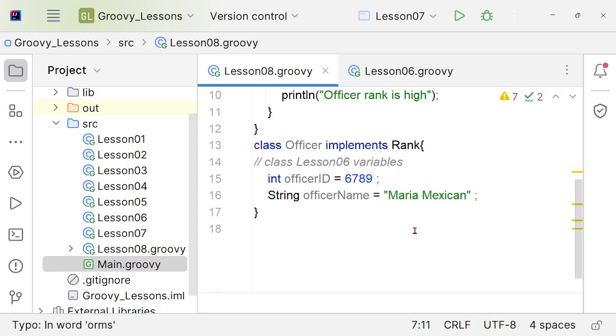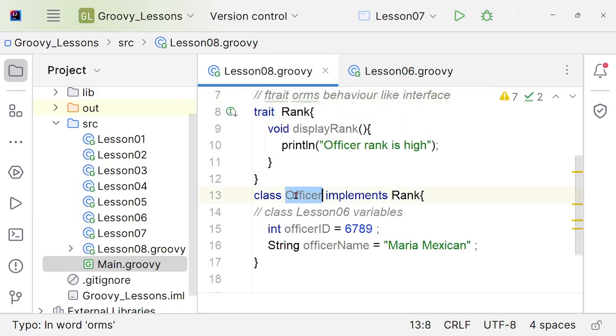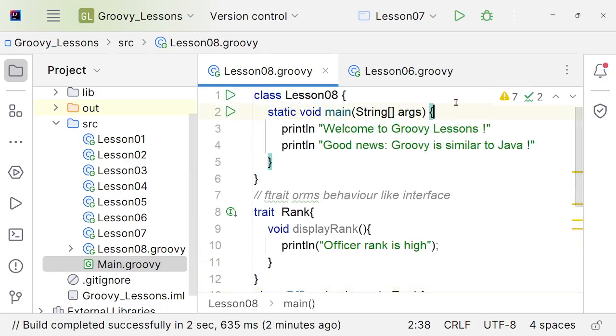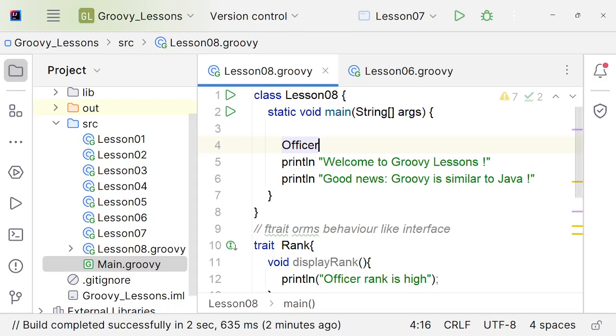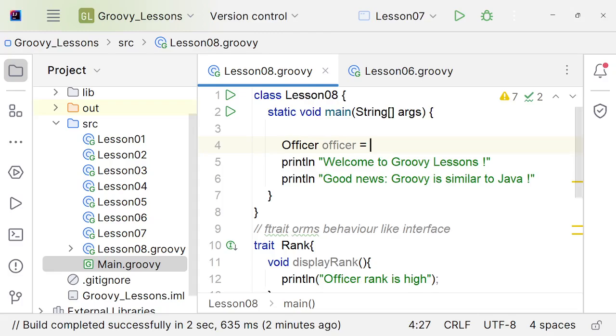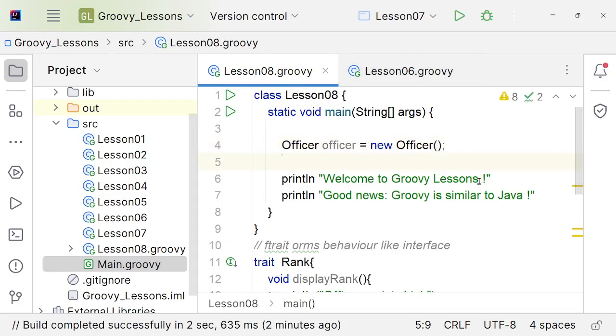Okay, so it's very simple, and now we need to create this instance of the officer class right here. Officer new officer, and now officer print